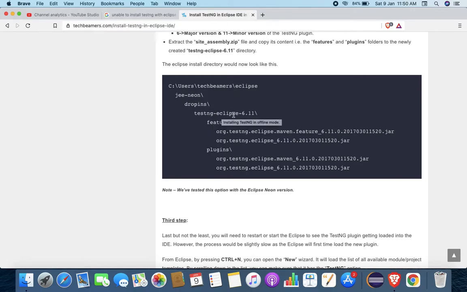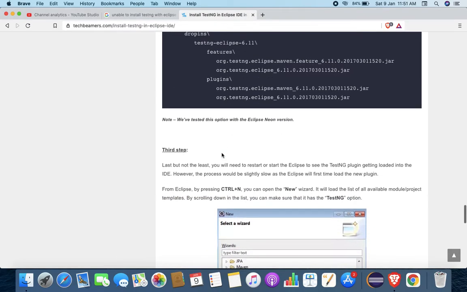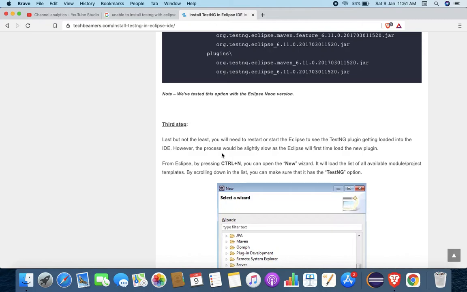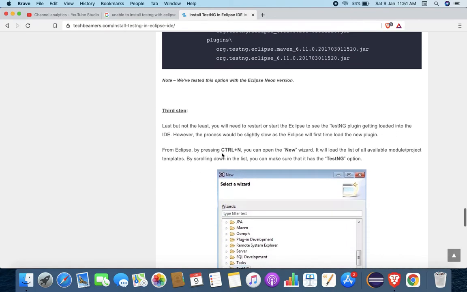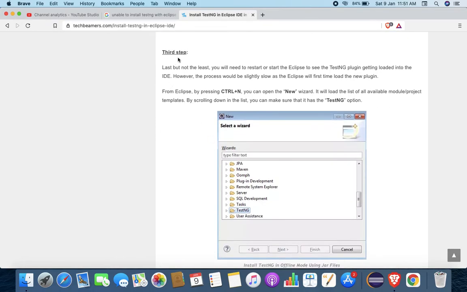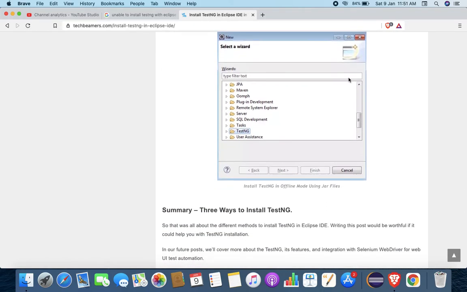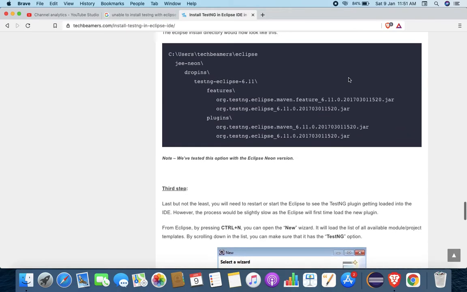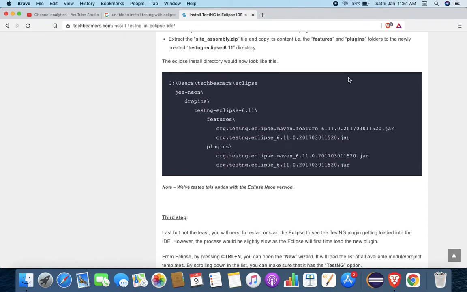Again they created this folder and pasted these two folders from the downloaded zip file. And the third and last step is restarting Eclipse, and then you can create a Maven project and use it.